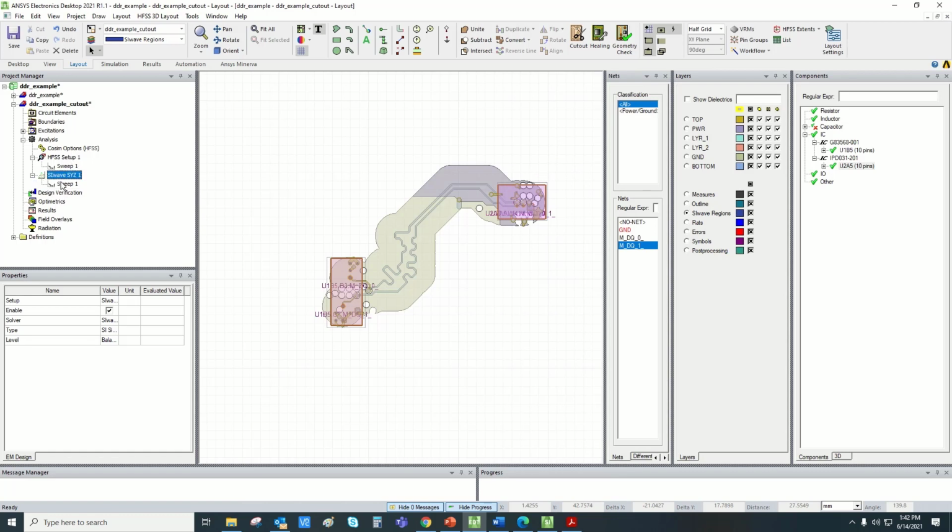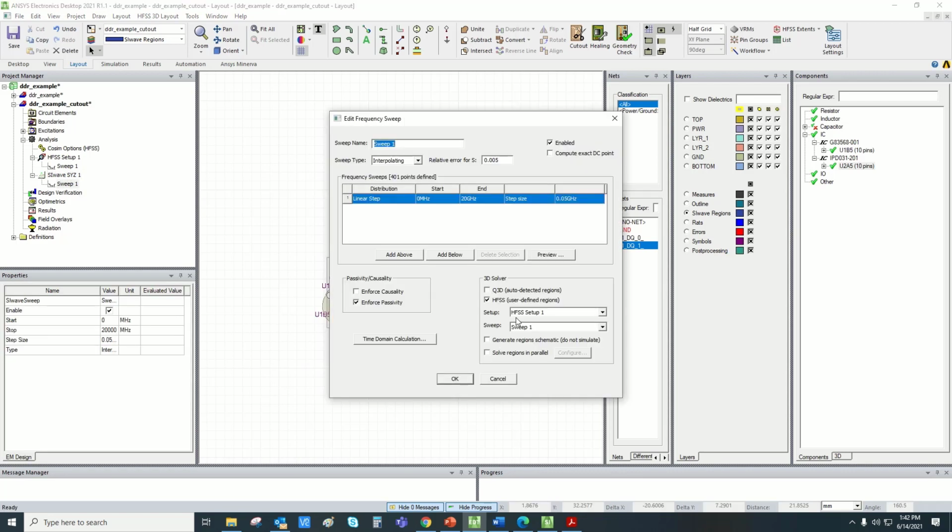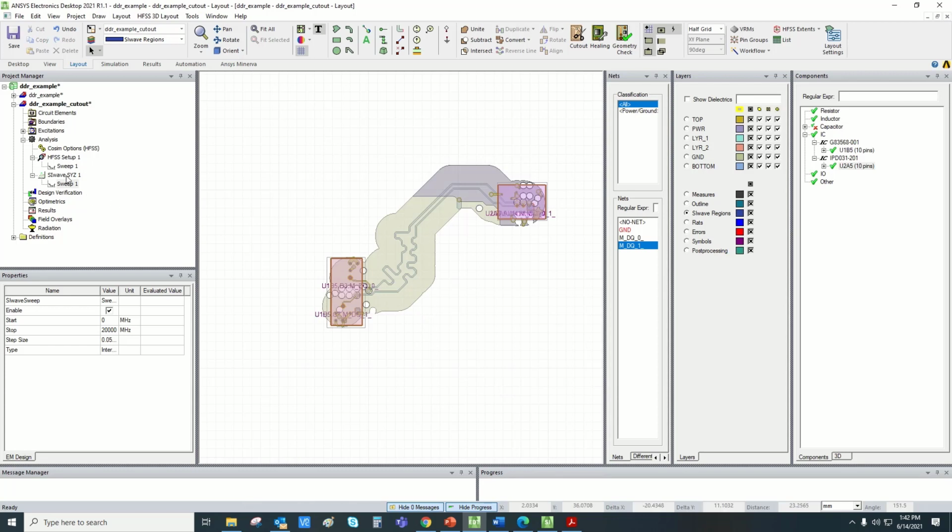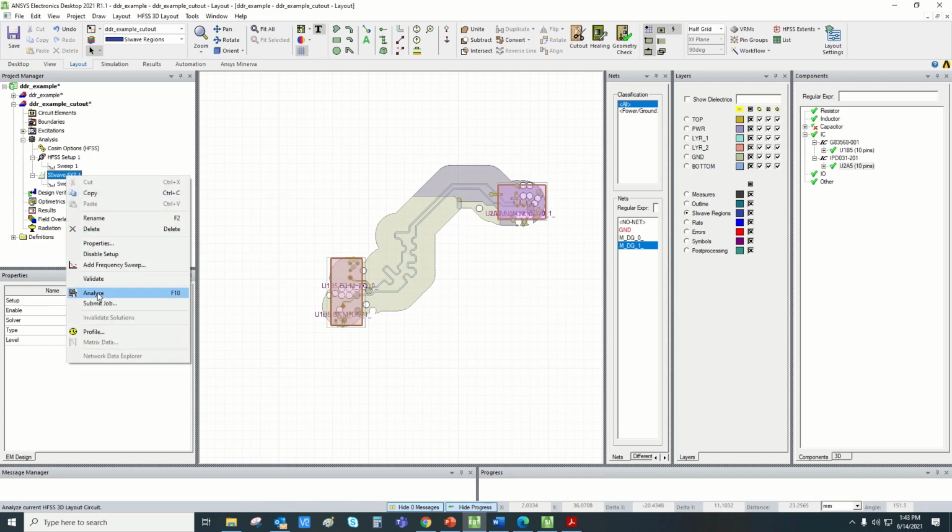Now we have two setups here, one is HFSS and one is SIwave, and as we know that HFSS setup is already linked with the SIwave setup. So now when we are simulating this particular model, we need to right click on the SIwave setup and say analyze. We don't have to select the HFSS setup, otherwise it will simulate the full structure with the 3D solver, right? So in SIwave setup, in SIwave sweep, the HFSS setup is already linked, right? So we have to basically go with the SIwave setup and then say analyze,